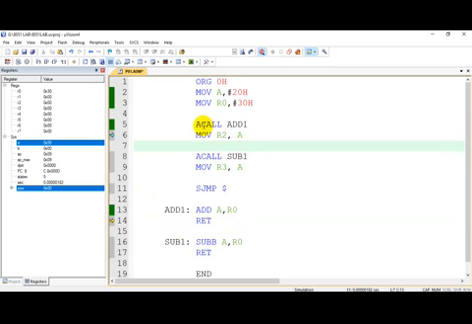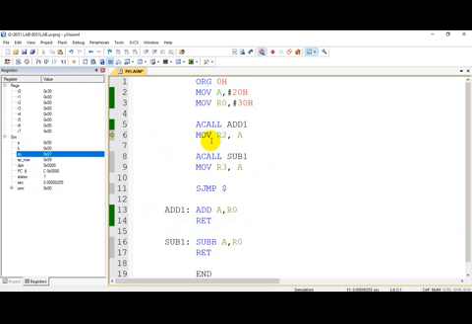That is, after this subroutine instruction, you had to execute this move r2, a instruction. So once you execute the return instruction, it will go back. This is the difference between a jump instruction and a subroutine instruction.